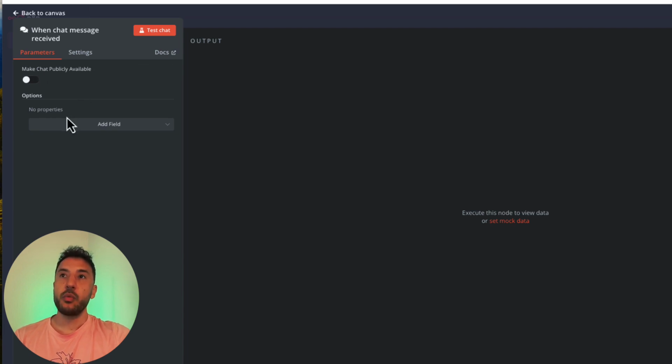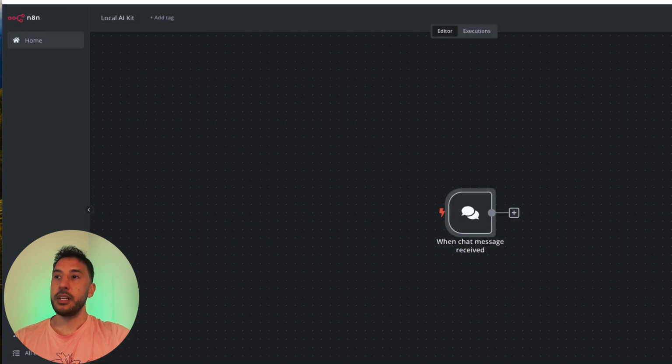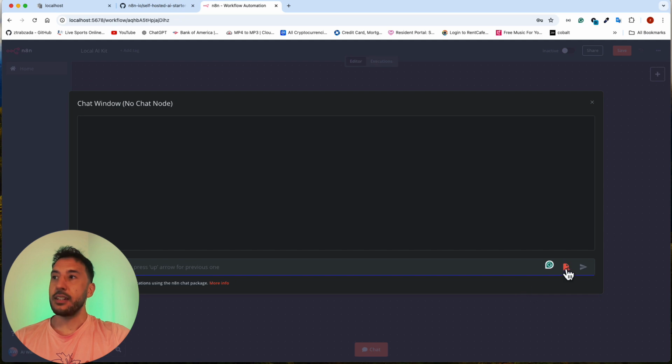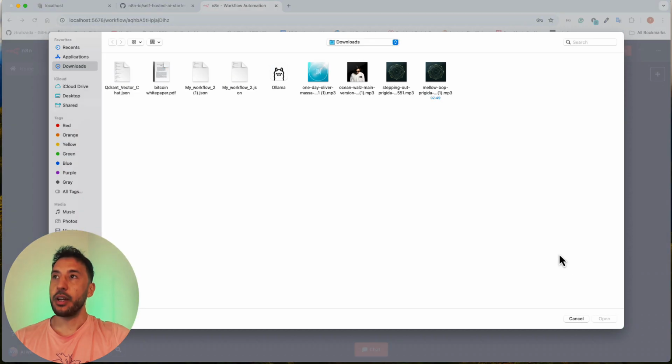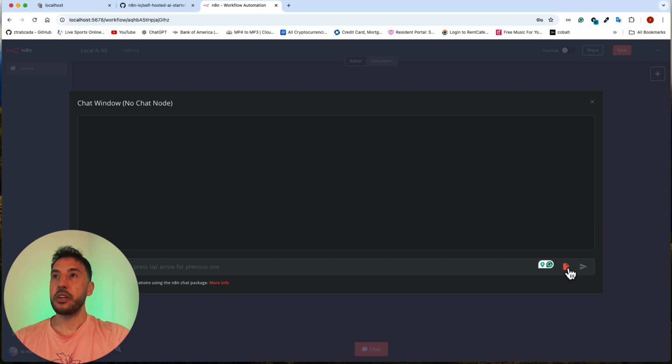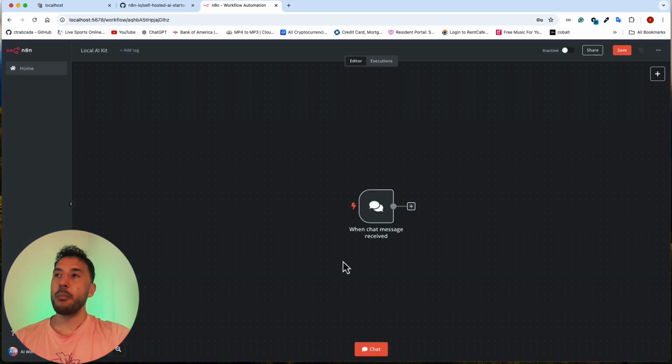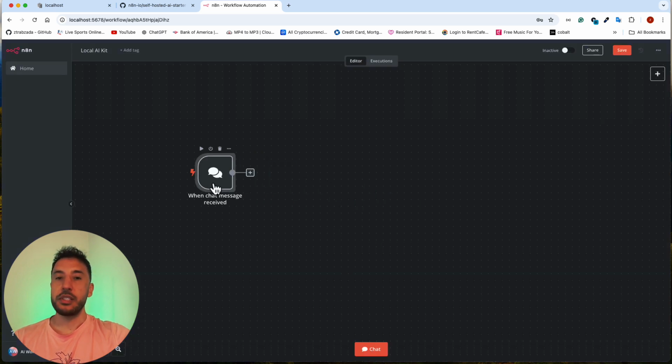In this one, we're gonna give our chat the ability to upload files. So what you're gonna do is come on the options, click on add field, and you're gonna click on allow file uploads. So what this is gonna do, this is gonna give this chat the ability to add documents or add files from right here on the right hand side. As you can see, now we have this little plus sign with a document there, because we will be uploading our own documents into the vector database through the chat model. And I'll explain that a little bit more.